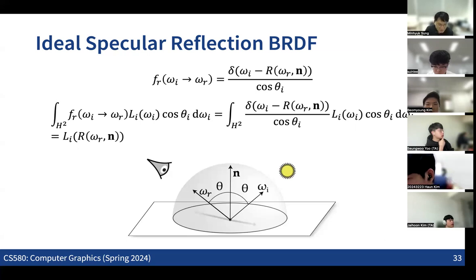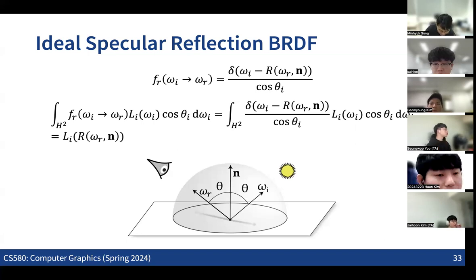Actually, having this kind of Dirac function involves many challenges in ray tracing. If we have some distribution in our BRDF, then we can sample points according to it, reach some point on a surface, and at the end even sample points over the light source, so that we can compute the light emission from the light source, right? But if we only have the ideal specular reflection, which means there is only one specific direction that